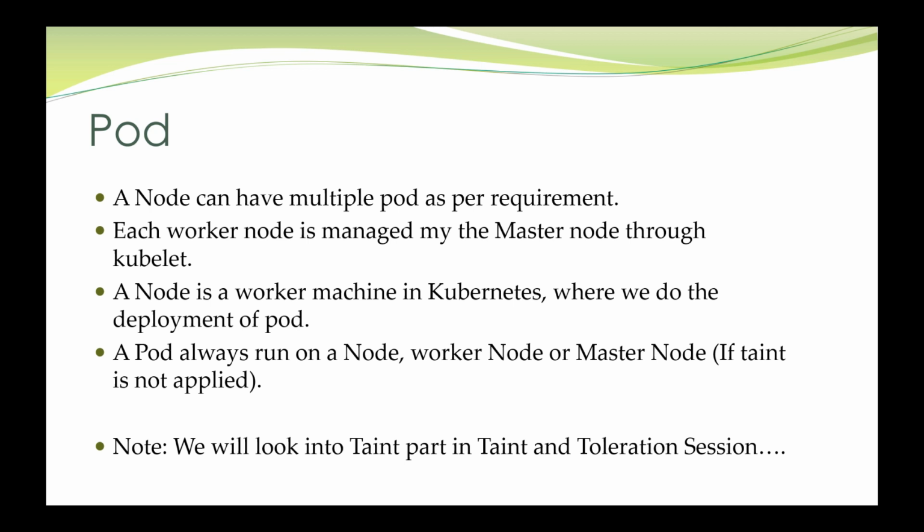So each worker node is managed by the master node through the kubelet. Whenever you put a request to create a particular pod, that request goes to the kube api, and kube api passes this information to the scheduler, and the scheduler finds that particular node and provides this information to the kube api. Kube api puts the entry into the etcd data store and passes all this information to the kubelet,